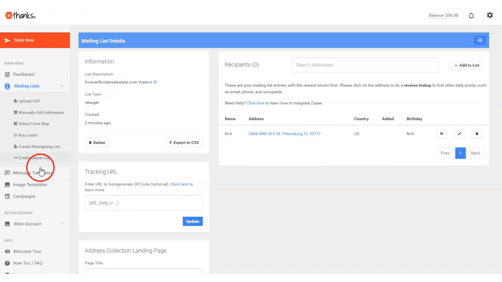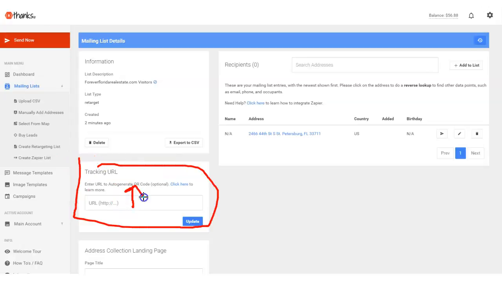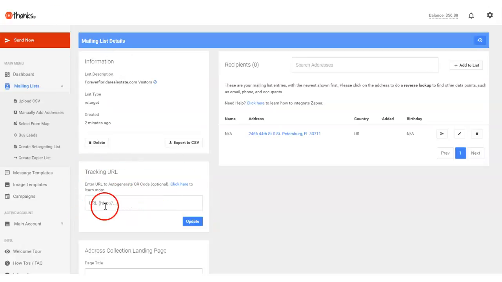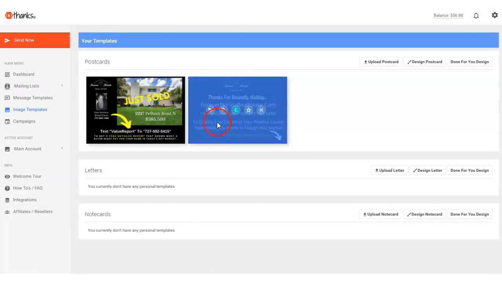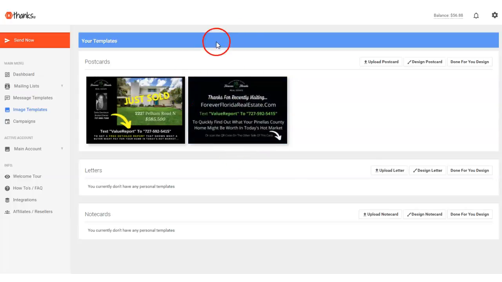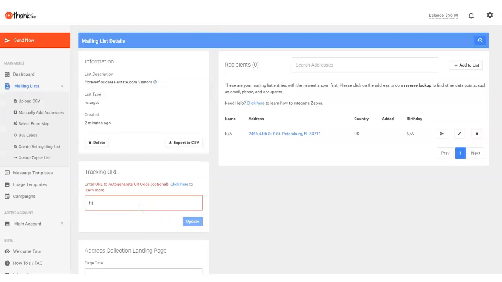Now the next thing I'm going to do is set up the QR code. And you can see here right in the mailing list section where it says tracking URL, enter URL to generate a QR code. So what I can do is set the URL. In this case, it'll be for that particular offer, which was to get a value report. And so I'll grab a web page URL from that website that's relevant for this. In this case, it'll just be the URL /sell.php. If you happen to be a KV Core user, yours will just be your website /sell.php, and I'll click